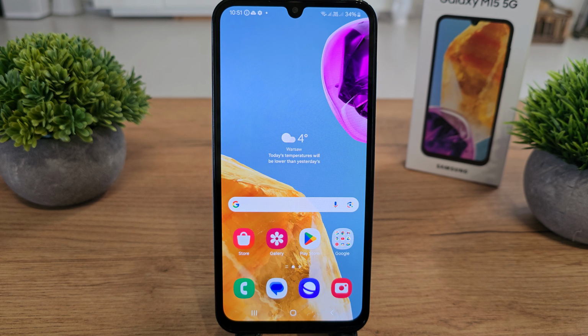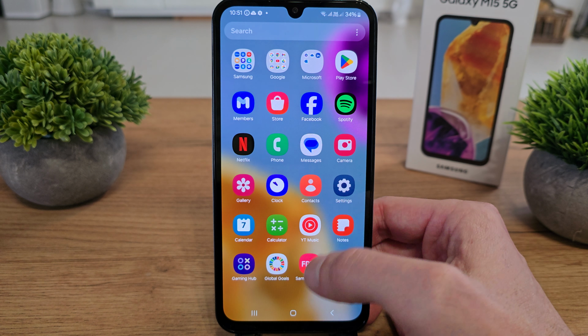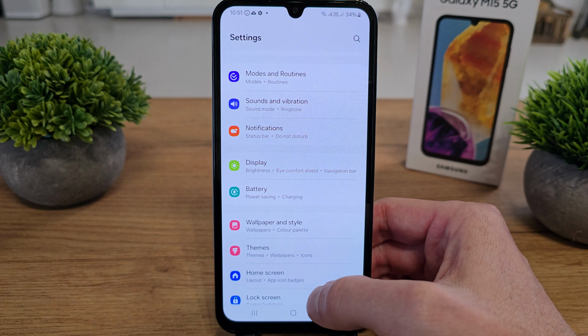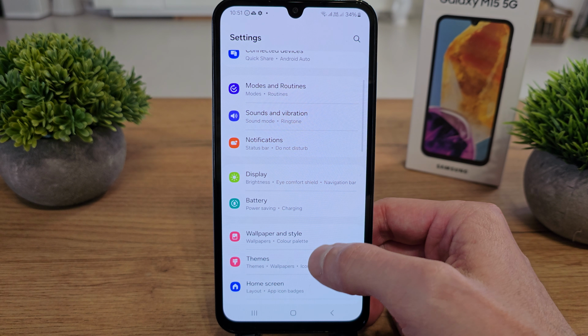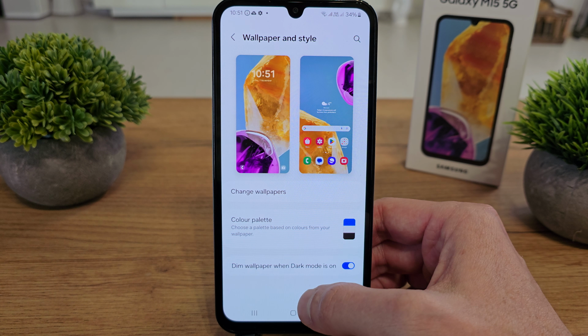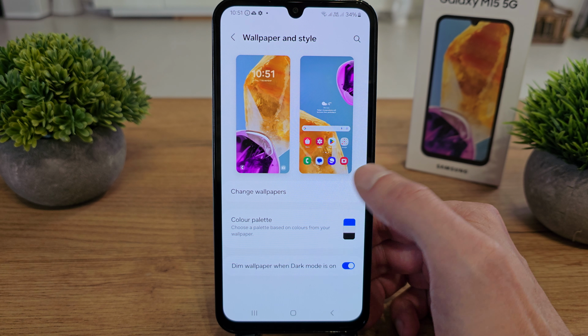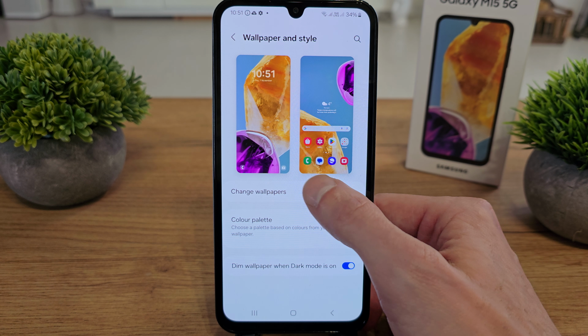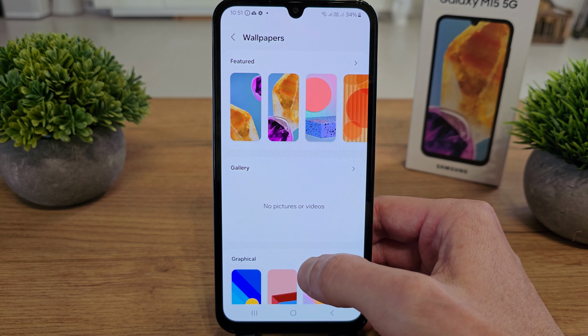Today I'm going to show you how to set up the wallpaper and style in your Samsung Galaxy M15. For this operation, slide up, go to settings here and search for the option wallpaper and style. Yep, that's it. As you see, these are our wallpapers. Let's try to change it